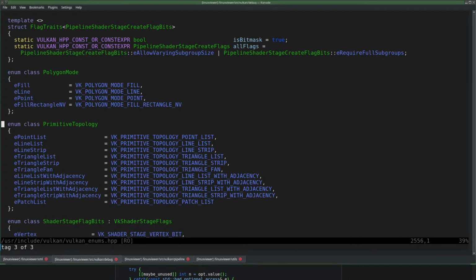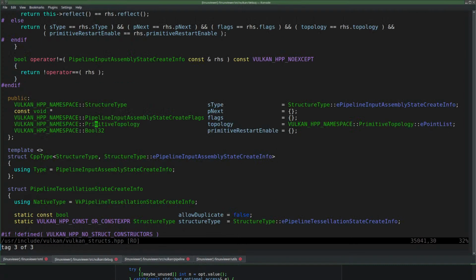That is an enum. Also needs support for enums. See, we do need support for enums, so I am going to use that concept.